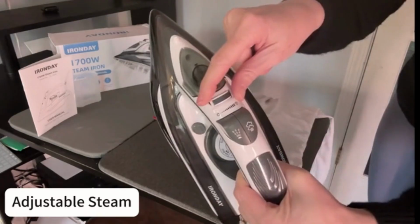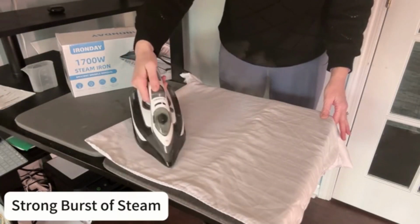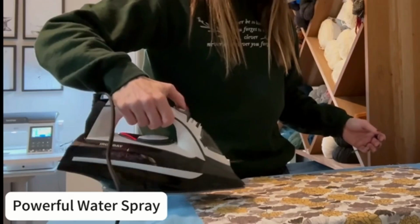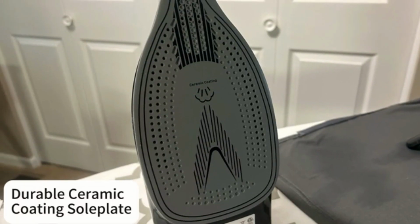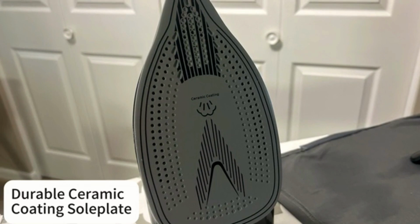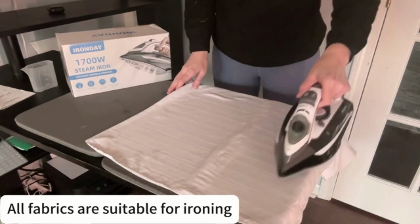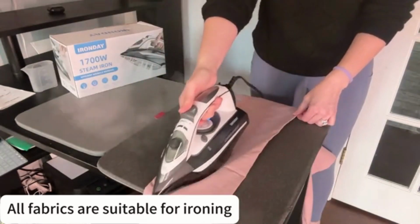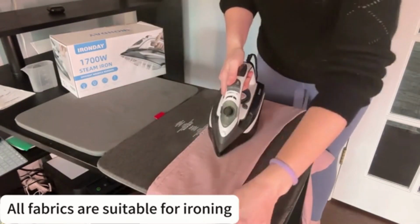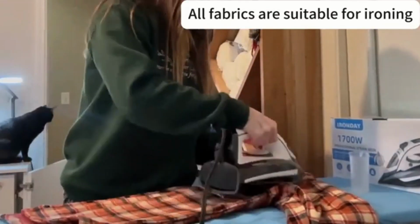TrueGlide Non-Stick Sole Plate. The enhanced sole plate is designed to glide smoothly across all fabric types for ease of use. Recommended for fabrics such as cotton, wool blend, polyester, rayon, nylon, synthetic. Spray Mist. This push-button mister helps moisten fabrics to tackle and smooth away deep wrinkles. Ergonomic Comfort Grip Handle. Comfort grip handle ergonomically shaped to fit hand contours for comfort, while 360 degrees pivoting cord